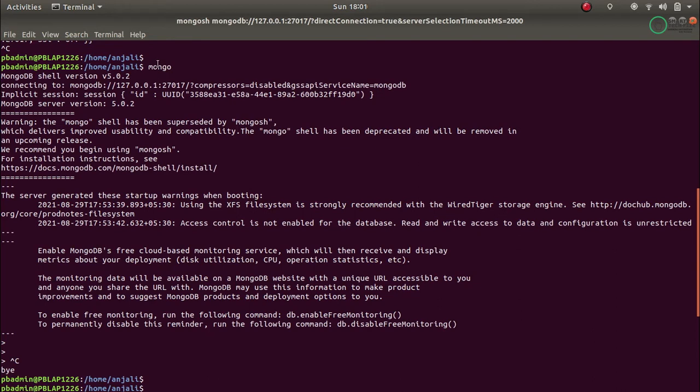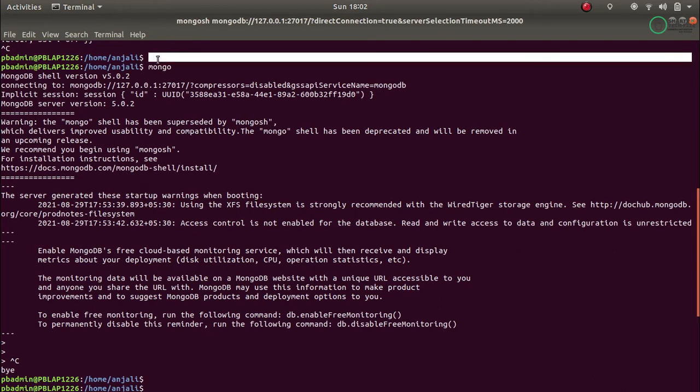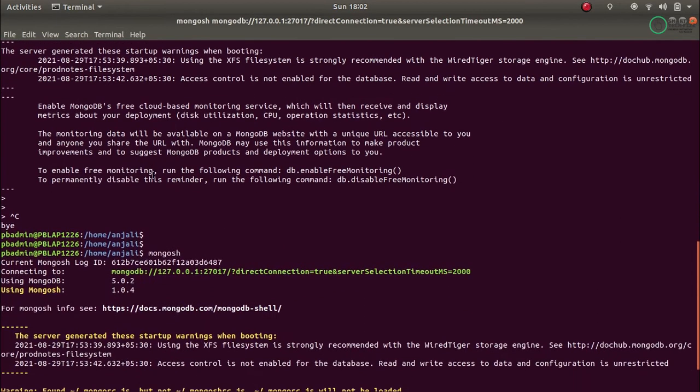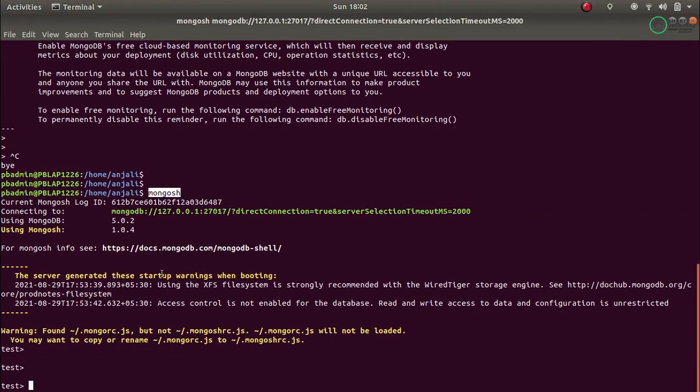So you can see, when I am typing Mongo and coming to the Mongo shell, it says that I'm on MongoDB version 5.0, but it is also recommending that we use mongosh. So this is the first feature that has come with 5.0: they are deprecating the Mongo shell and now we have to use mongosh. For this you have to type mongosh and then you will come to this new Mongo shell, which is very colorful, and if things are colorful, it is going to be very readable for the users as well.